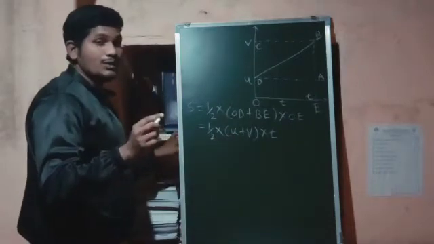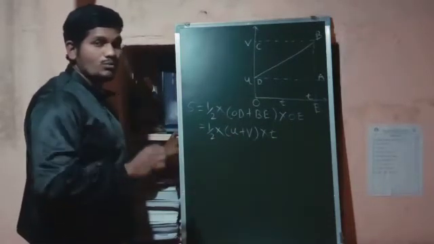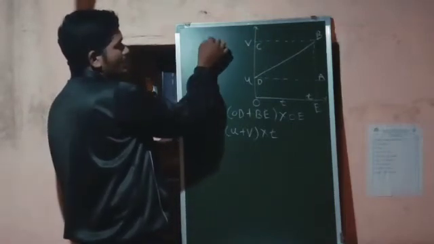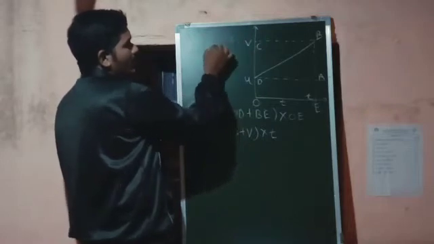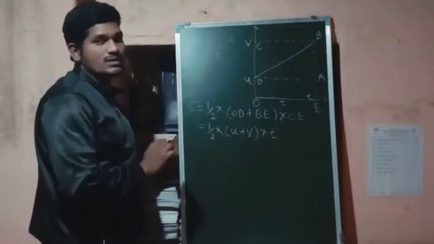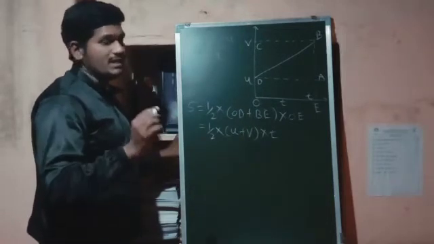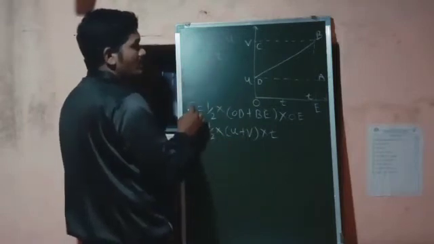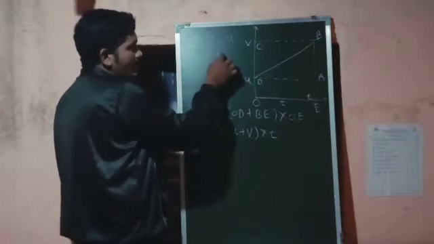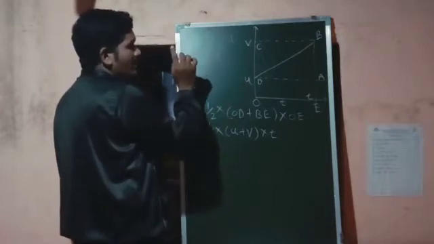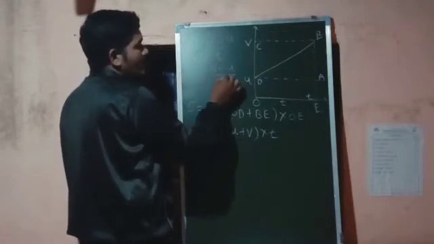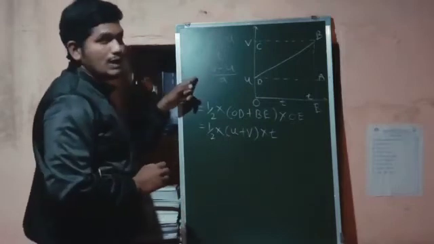Now we have to use one more formula, the formula of acceleration. Acceleration is equal to V minus U by T. This is the formula for the acceleration, and we are already aware of it. Now I want the value of T. So T is equal to, this A will be in the denominator and T will be at this side of the equal sign. So T is equal to V minus U divided by A. This will be the value of T.